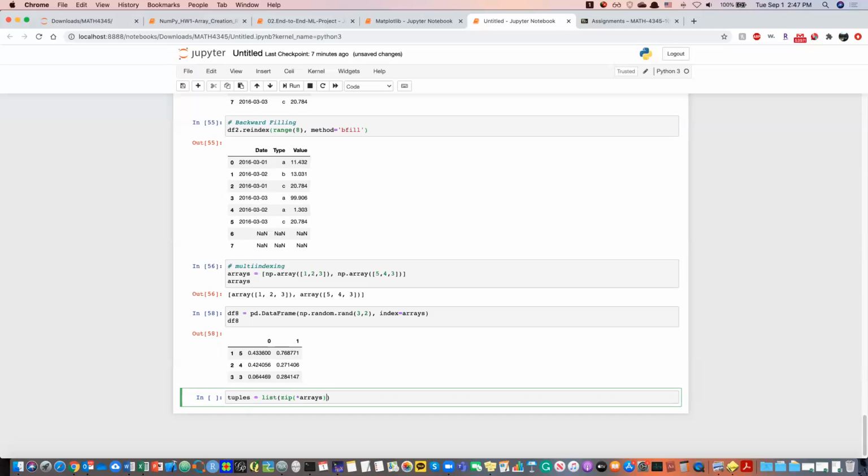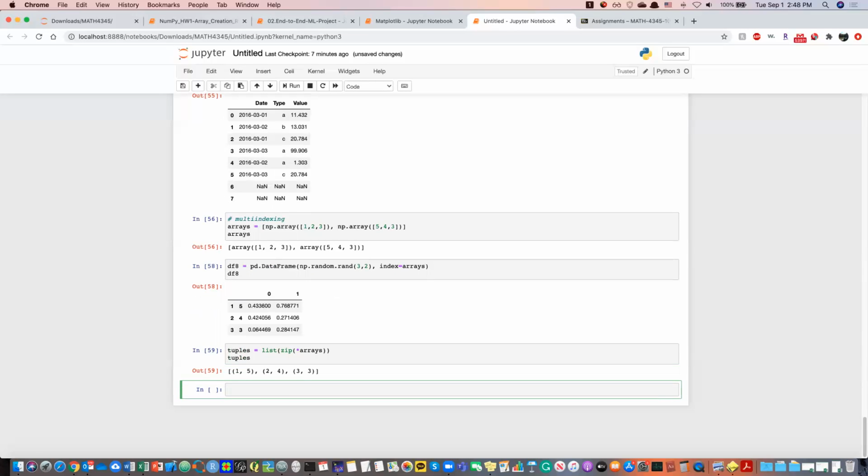Right, there it is. Now look at this: 1, 5, 2, 4, 3, 3. Now you see how the zip command is working. Okay, so how does zip work? It groups 1, 5, 2, 4, 3, 3 and then makes a list with the list command. Okay, so now next one, index is equal to pd dot